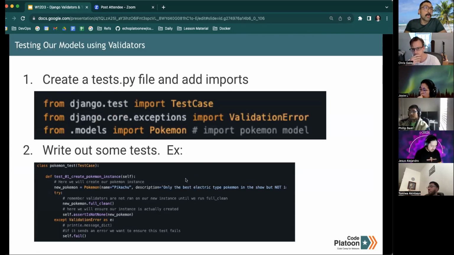Again, we add our imports, we write out some tests. In this example, we have a new Pokemon, which we are instantiating with the Pokemon class. We're giving it a name of Pikachu and a description. It's cut off, but at the end is also the third parameter that's required, which we'll get to when we're actually coding this out. And then there's a try block, which